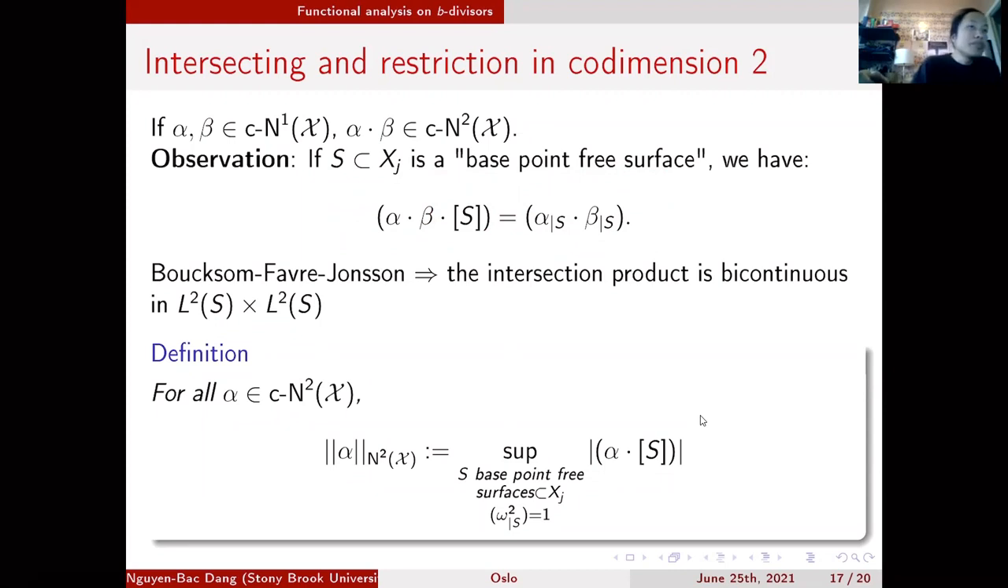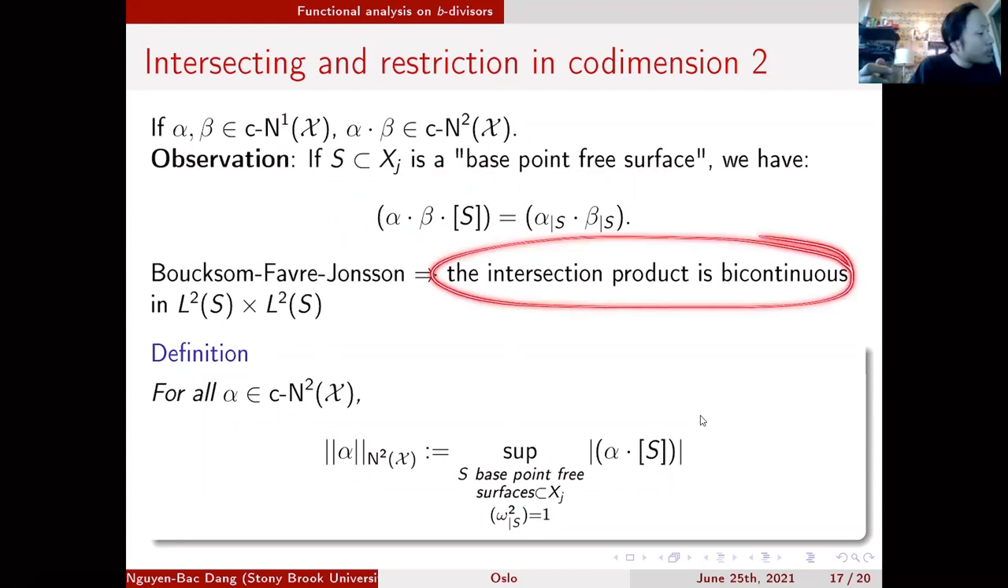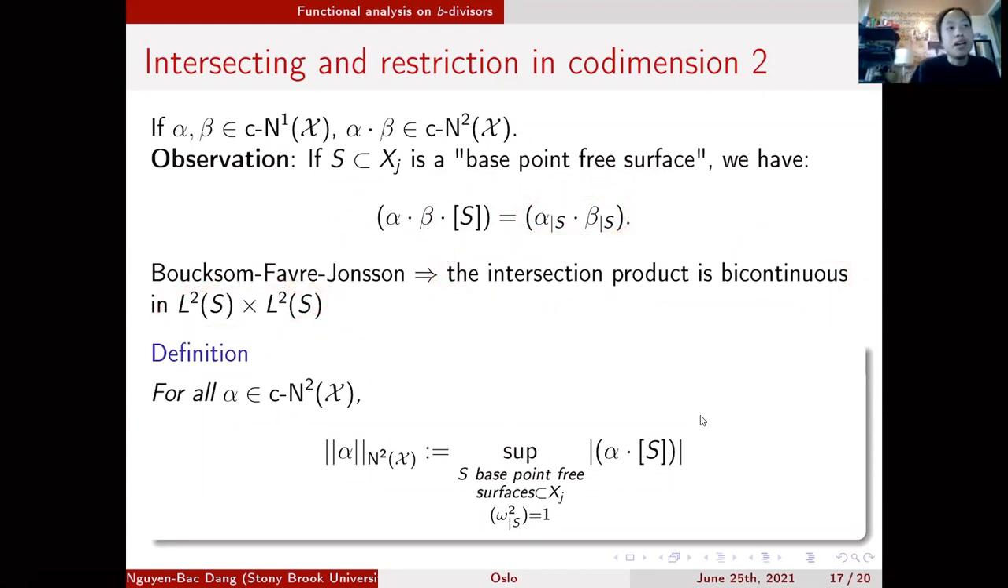And the observation is that, if you see this formula on the right-hand side, you can apply Boucksom-Favre-Jonsson's theorem, which says that the intersection product on L2 of S was B continuous. So it was continuous in the two variables, and it gave you a number. So that's how you can get the right formula for the